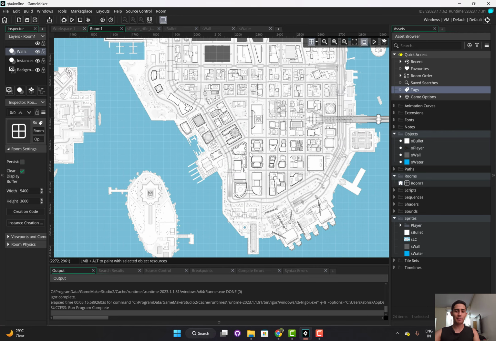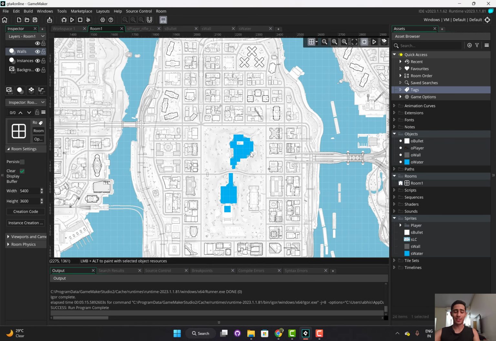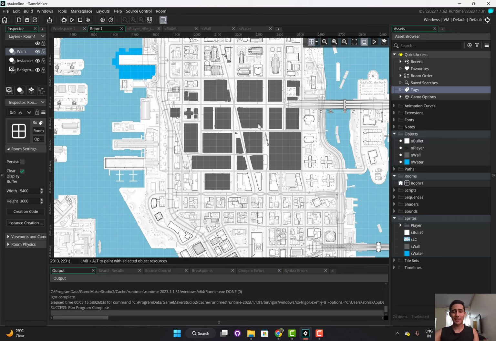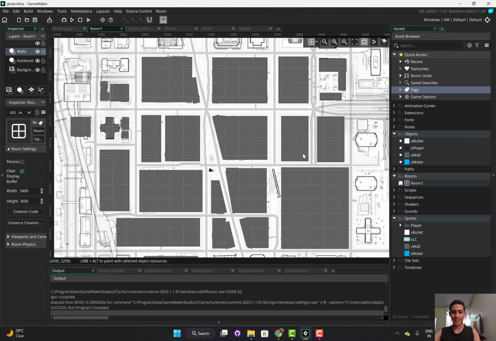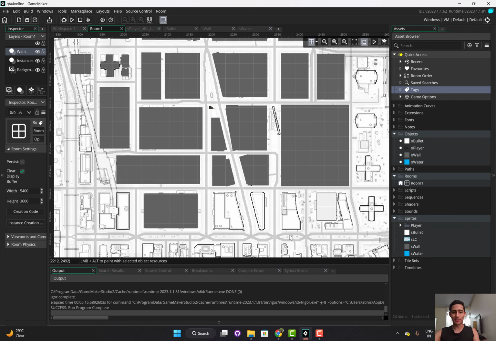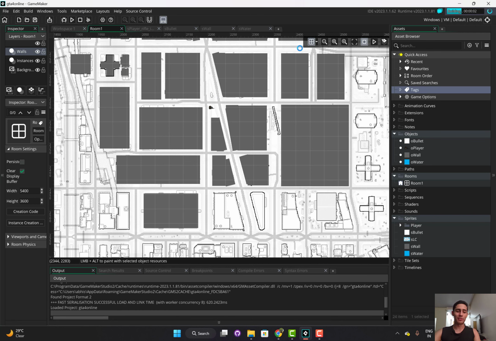So this is actually a map of Liberty City, the GTA 4 map, and I was making collision meshes for this, basically walls, and that's how I know where bullets should terminate or where the guy can't go. Anyways, I'll show you how it works. I've not mapped the whole map with walls, but